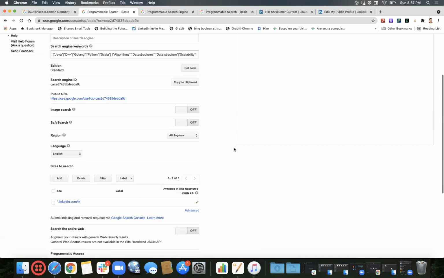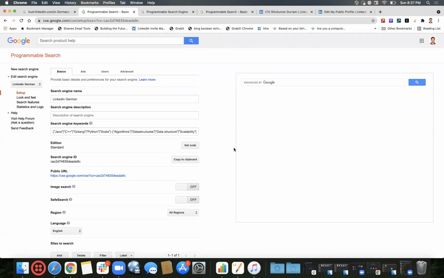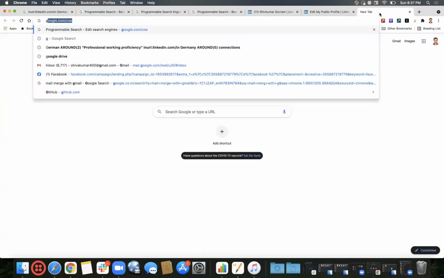Shiv, for US, instead of DE, we have to type .us. DE was for Germany. Similarly for Singapore, SG. For US, I believe it was USA, I don't remember, just check. No, Shiv, basically DE is for Germany, NL is for Netherlands. So how do we find US candidates? For US, there is no country code.